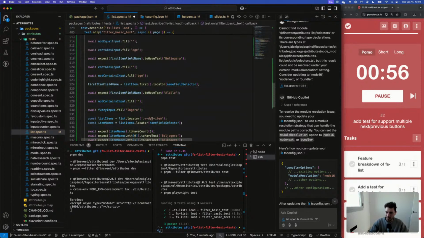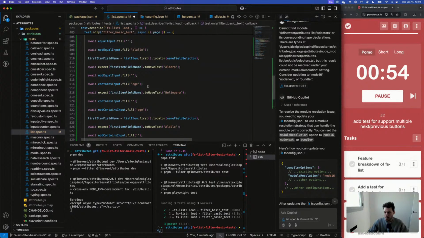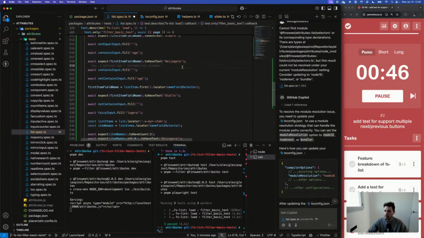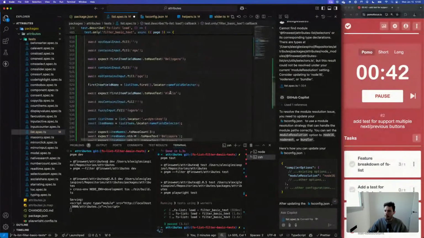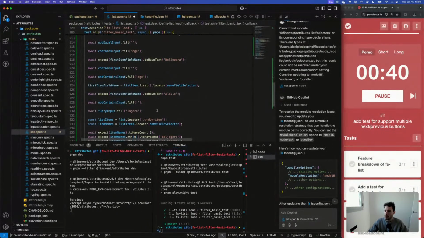This is not right. This is not right. Copilot, you're already introducing bugs here. Not equal input. Then this is not right.